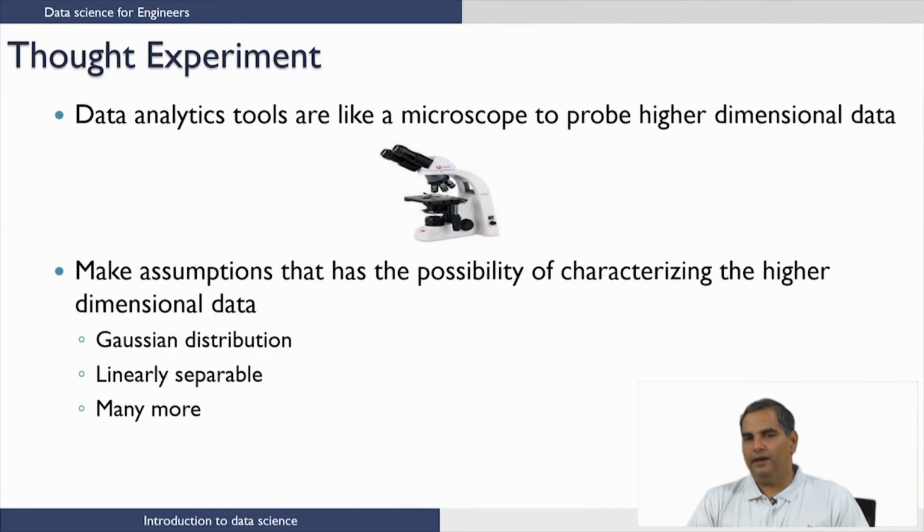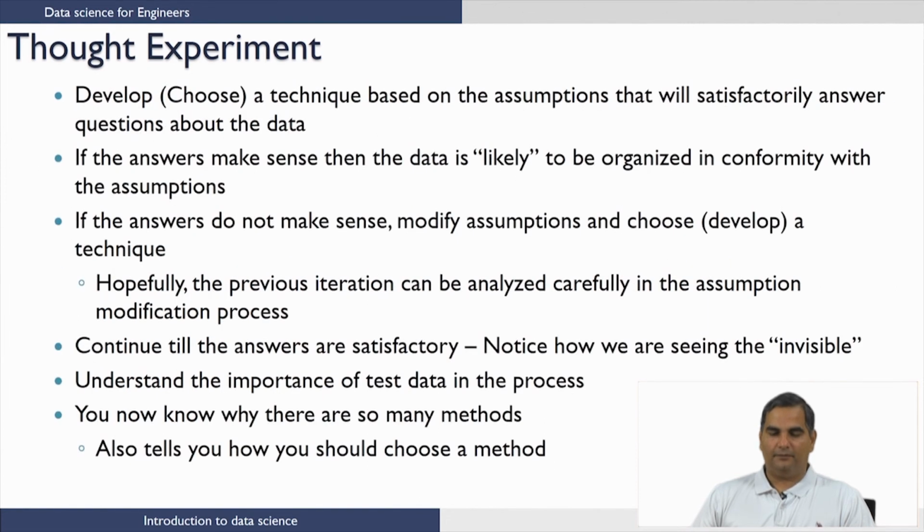Or you could make assumptions about how the data is organized, such as I think I can use a linear classifier to solve the classification problem, in which case we are making the underlying assumption that the problem or the data is structured in such a way that it is linearly separable. And there are many more assumptions that you can make, combinations of assumptions and so on. So, you start with multidimensional data, you make these assumptions, and then what you do is the following. You pick a technique